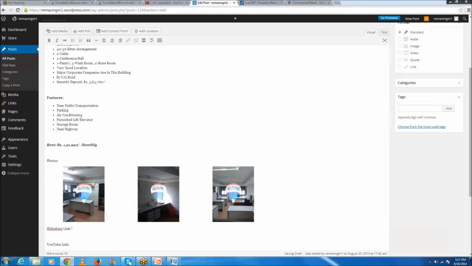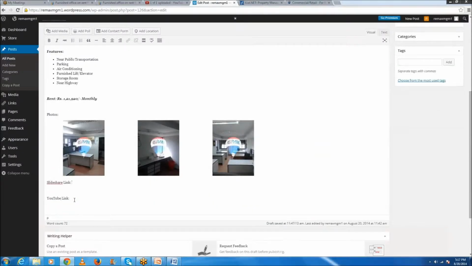Now you will go to that post and you will paste here. So once you have pasted here, it should be in this big open and close bracket. You need not do anything else. Now in the same way you will go to YouTube.